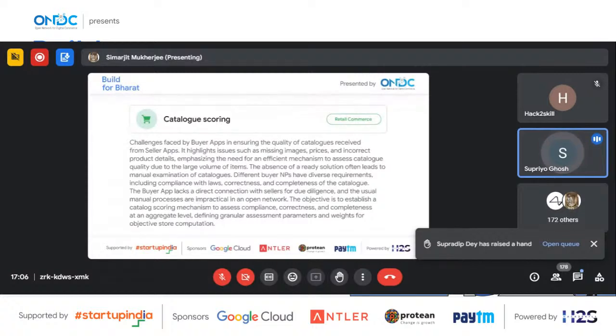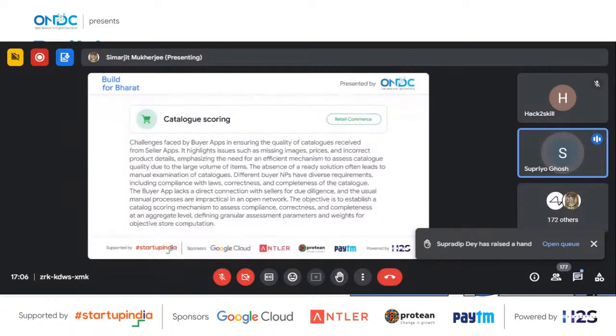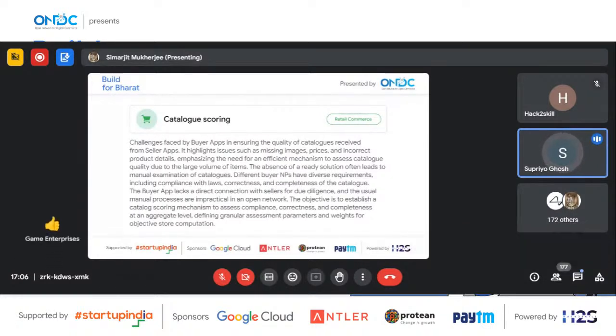In this kind of decentralized network, there are multiple sellers who create catalogs and share them with the buyer apps, because whenever a buyer wants to buy something, they look at the catalogs. If you look at industry standards, based on the leaders in digital commerce today, for something like a shirt, I need at least 3 images.